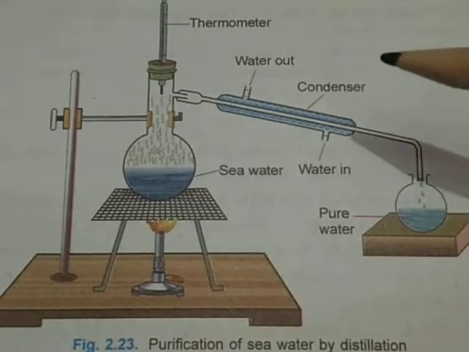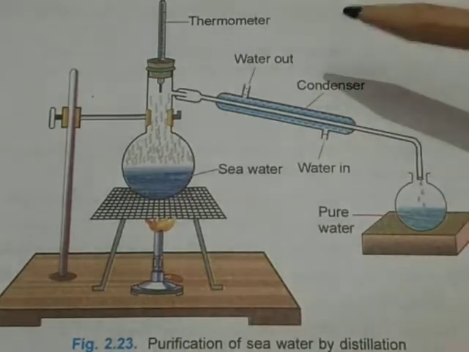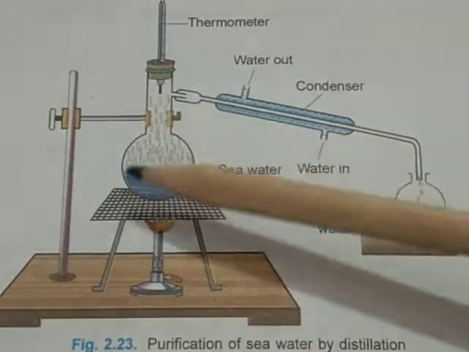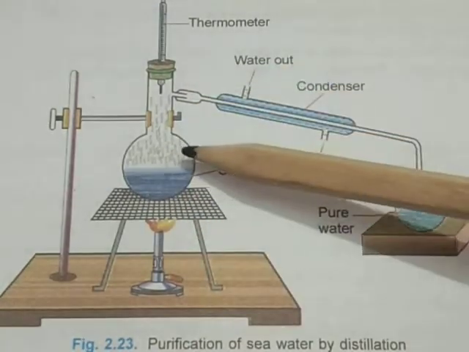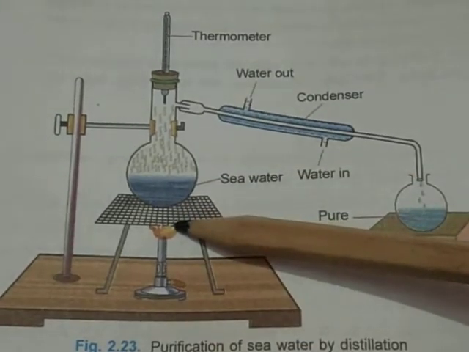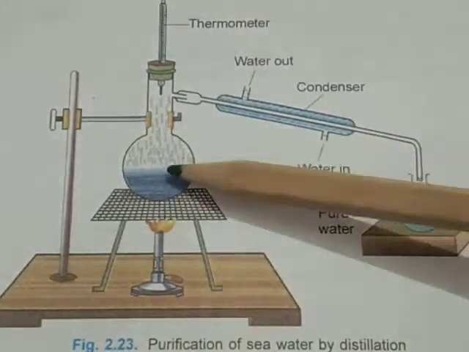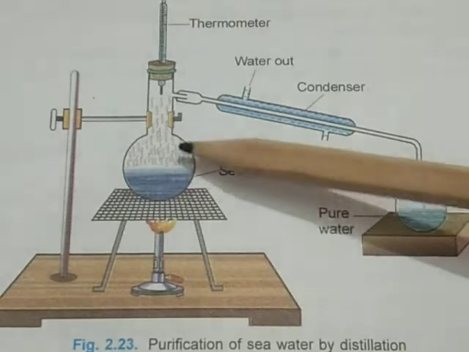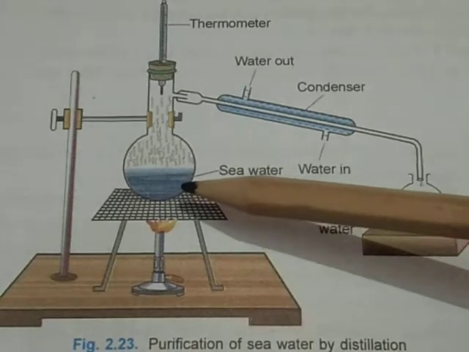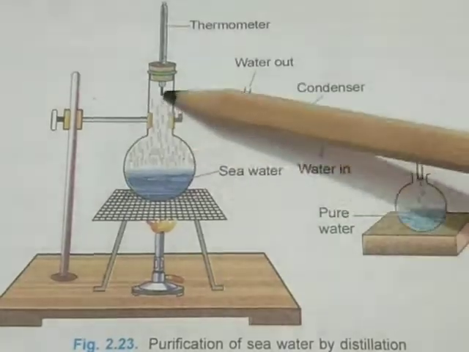Here we take a second example, that is the separation of acetone and water. How is it separated? First of all, take the liquid mixture in the distillation flask and heat from the bottom side. The boiling temperature of acetone is 56 degrees Celsius, which is less than that of water. Water is 100 degrees Celsius. So acetone will change into vapors and will rise upward this side.